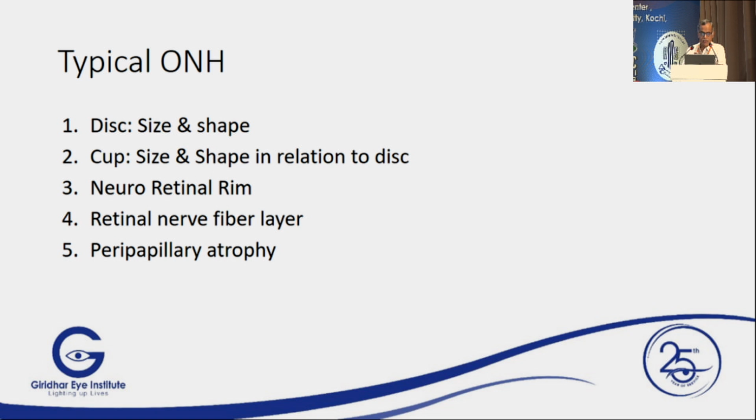Now, when we see the optic nerve head, we have to check a few characteristics of it. This is not just for glaucoma, but in any routine examination. One is the disc size and shape. When the disc becomes bigger, the cup size and shape also differ in relation to the disc. The neuroretinal rim is the rim of neural tissue surrounding the central area called the cup. The retinal nerve fiber layer appears as striations both superiorly and inferiorly, and watch out for any peripapillary